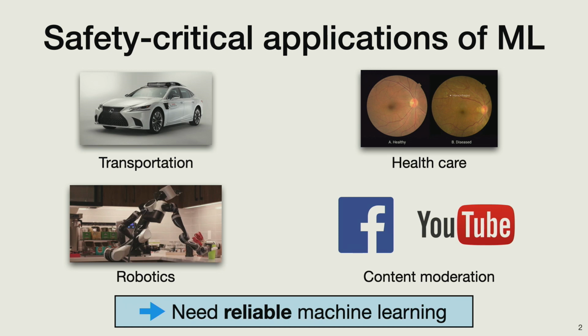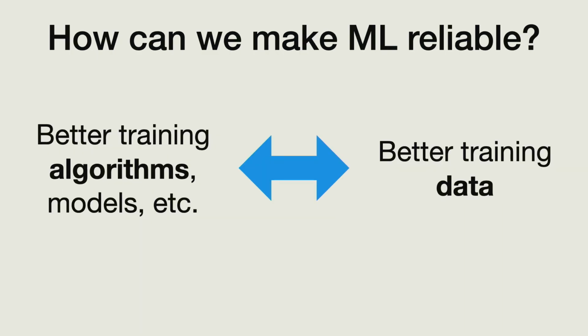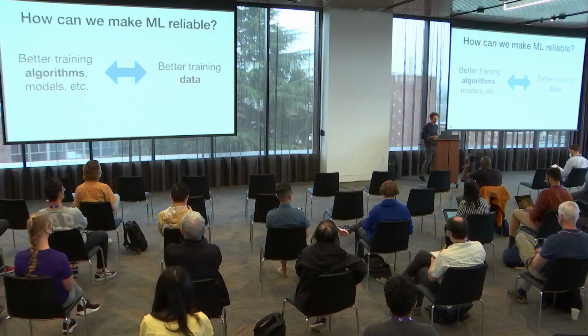And one perspective I want to look at in this talk today is the role of algorithms versus the role of better training data in making models more robust. Because I think, especially if we look at it from the perspective of NLP and computer vision, we've learned a lot over the past 2 years. Specifically, the training data actually seems to be a very good lever for making our models more reliable. So this is what I'm going to talk about today.